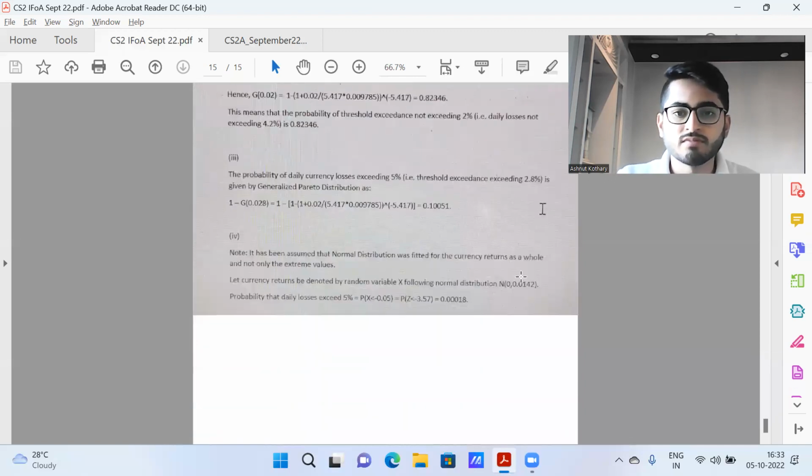And part 4, we are getting this as 0.00018. Again, this is minus 3.57. Some of you could have taken 3 to 4 decimal places and performed interpolation. That is fine as well. So overall, I'll say